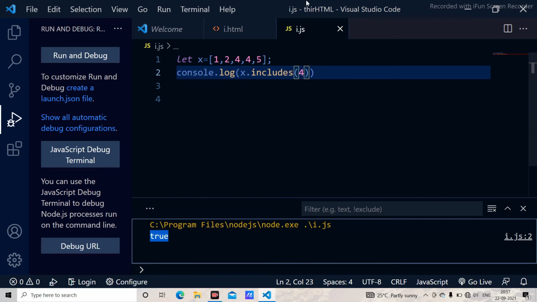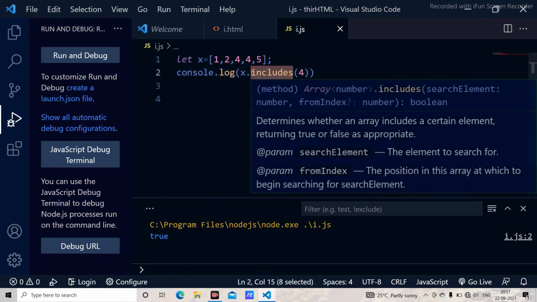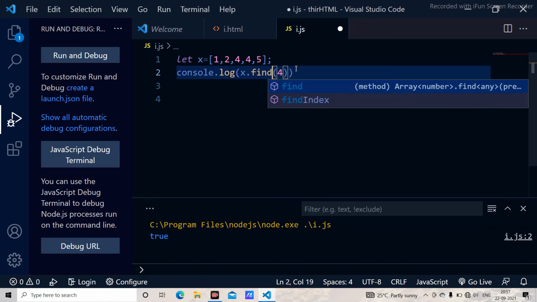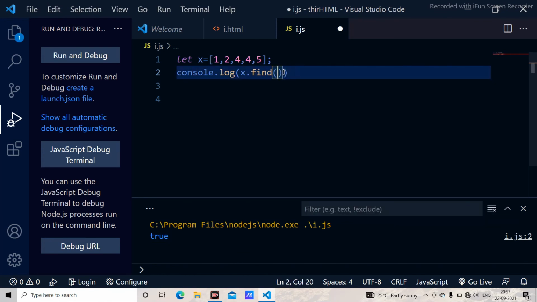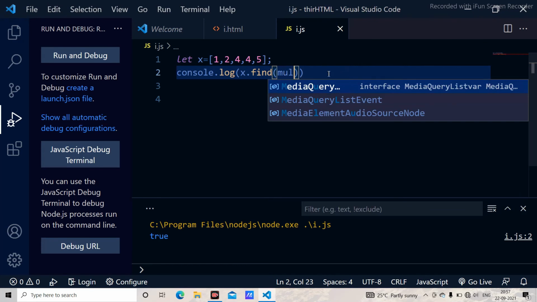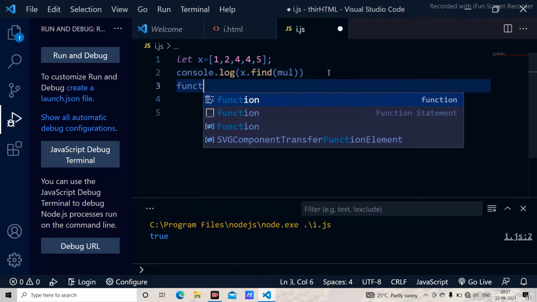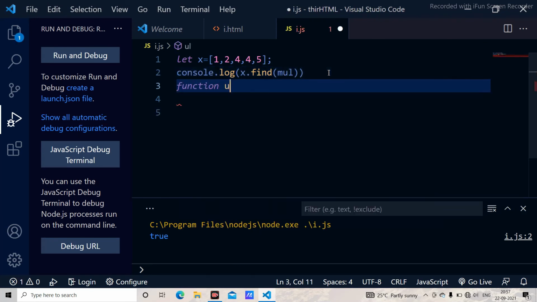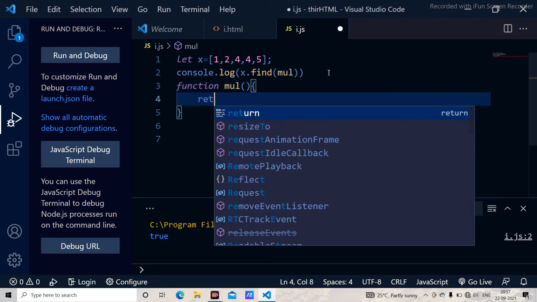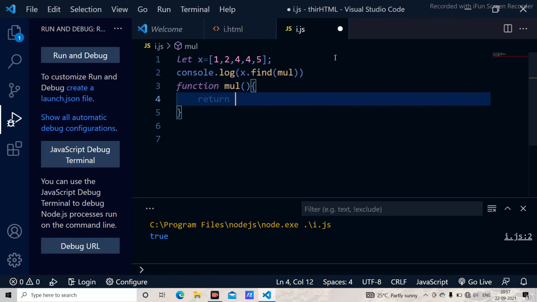And next we have find index of or find. When I use find, it is going to give a set of the array, meaning when I have to use a function here instead of the numbers. Here I am using the mul, and I am creating a function with the mul, and I am passing a return statement in which it is going to check every value.